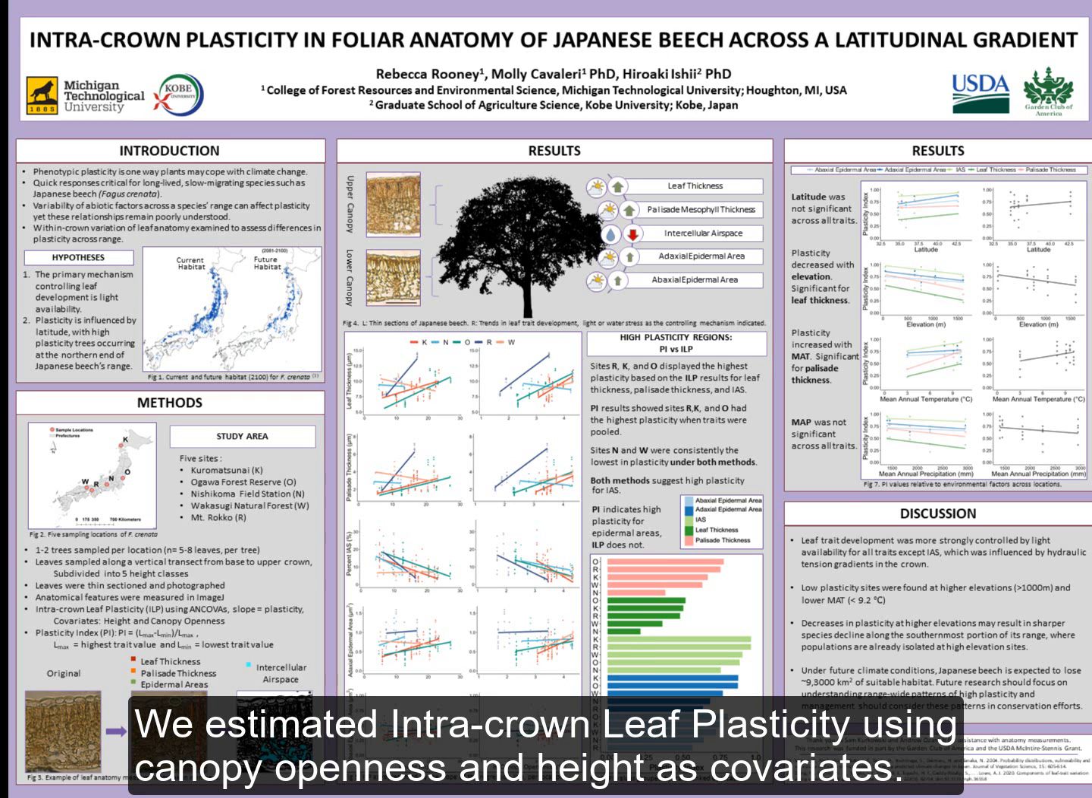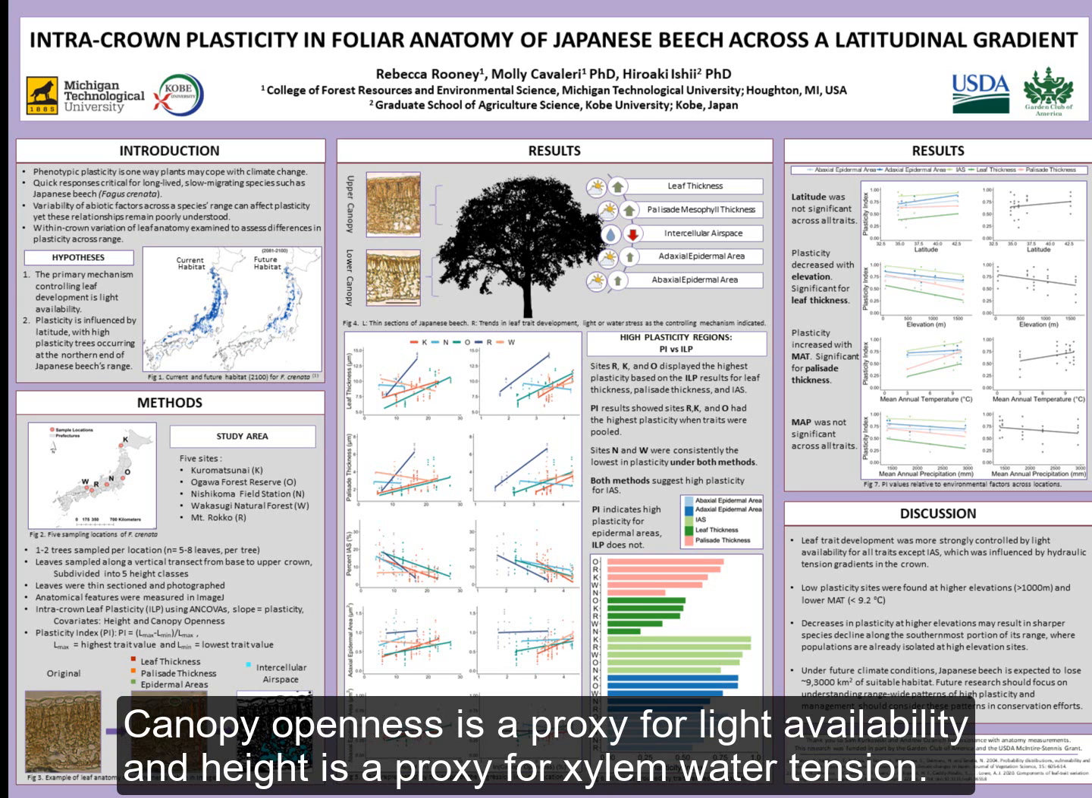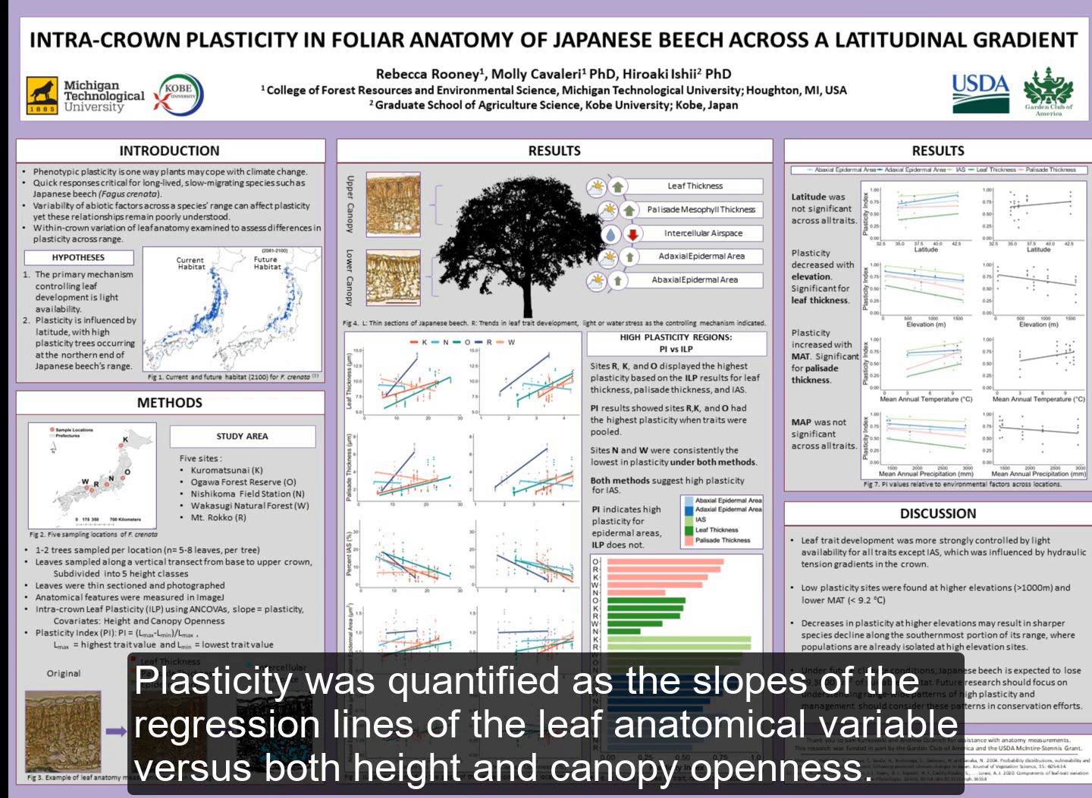We estimated intra-crown leaf plasticity using canopy openness and height as covariates. Canopy openness is a proxy for light availability, and height is a proxy for xylem water tension. Plasticity was quantified as the slopes of the regression lines of the leaf anatomical variable versus both height and canopy